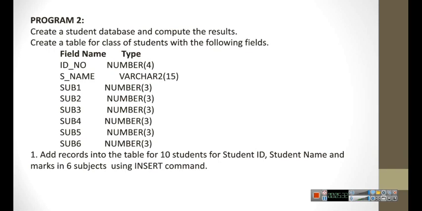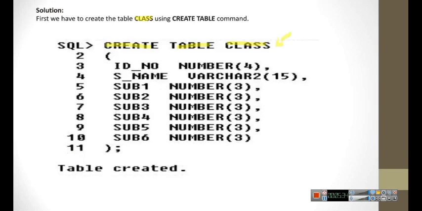Next, you are going to close the braces and put a semicolon, hit the enter key, and you can see the table is created. This is how you are going to create a table. It is very simple. Whatever is there in the question, you are going to write it over here. Remember, create table.